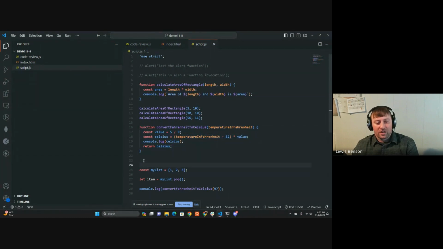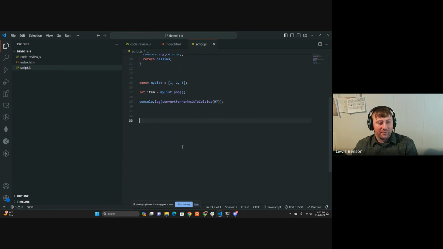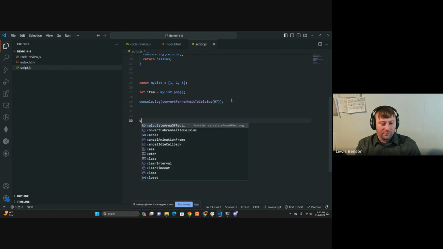There are a couple more ways that you can declare functions. And I just want to go over these briefly because you might run into them, and I don't want you to be confused if you see them. The next one is called a function expression. So what this looks like is you use a variable, const my